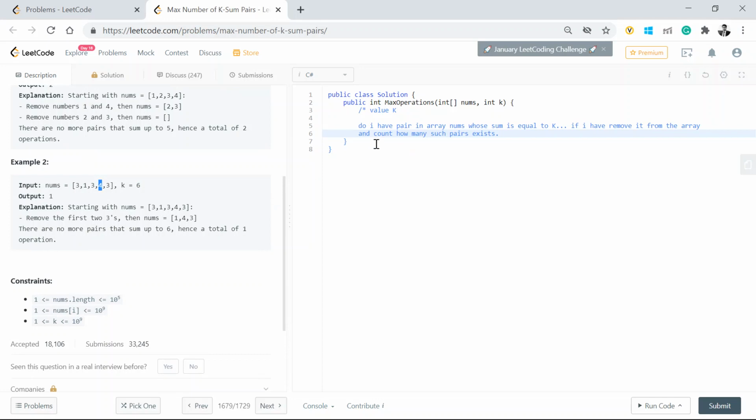So the moment I think about it, the very first thing which comes to my mind is a dictionary, a hash map, because in a way it gives me a few hints. If I have a number, I need to look for another number which is equal to k minus n, whatever number I took, and I need to look for that number in the array.